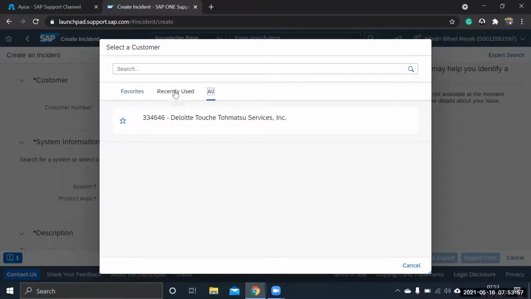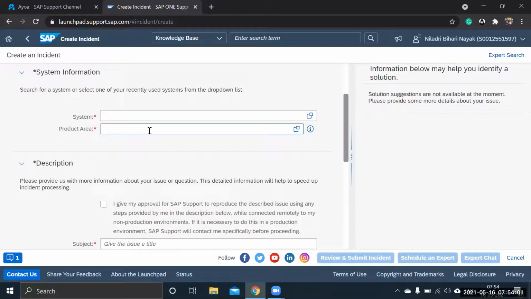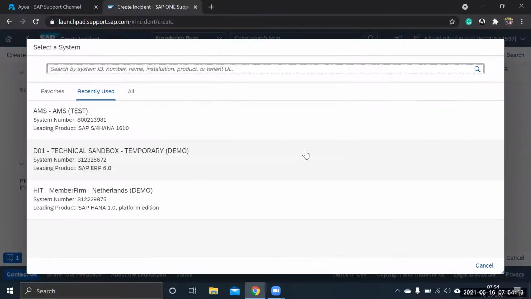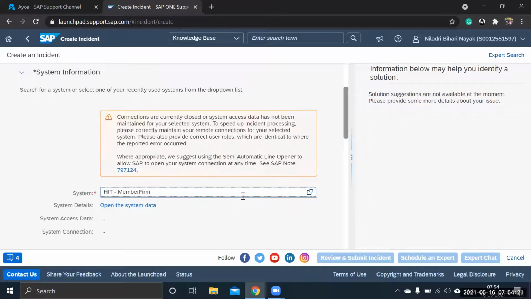Whatever customer ID you are using, you will find that customer ID there. That will be whichever company you are working for. Then you have to choose your system here. Suppose I'm choosing a system. You can have some kind of systems, like for you, it can be a SuccessFactors specific system.